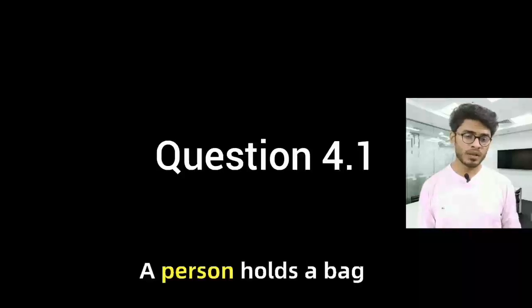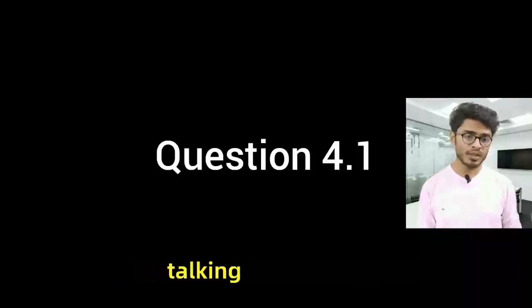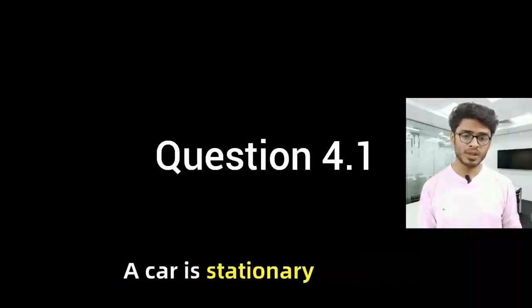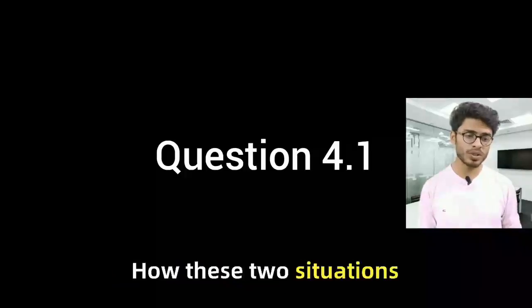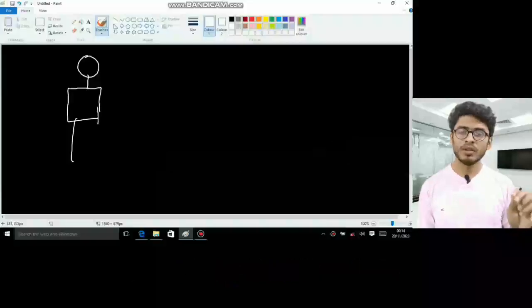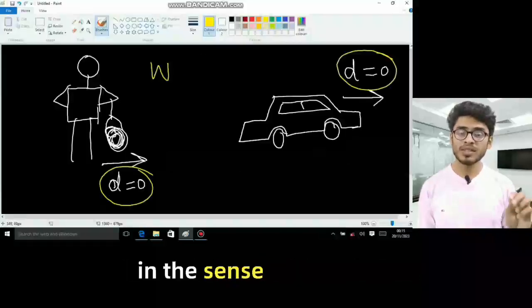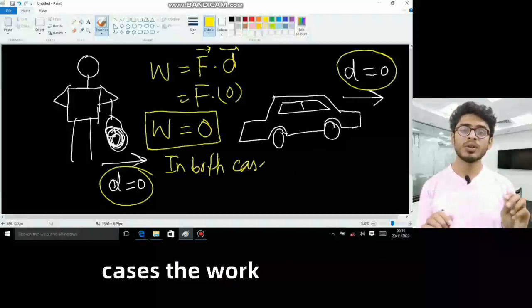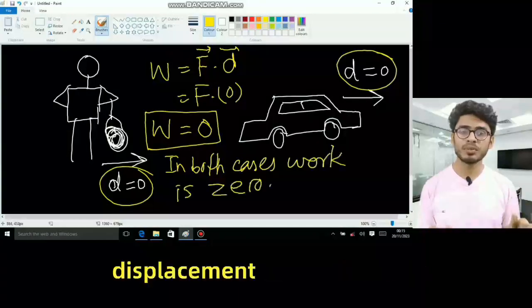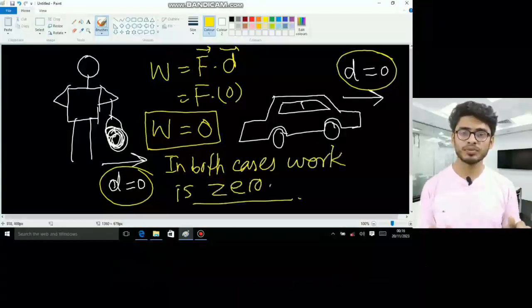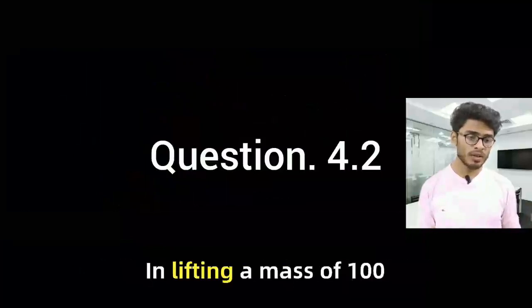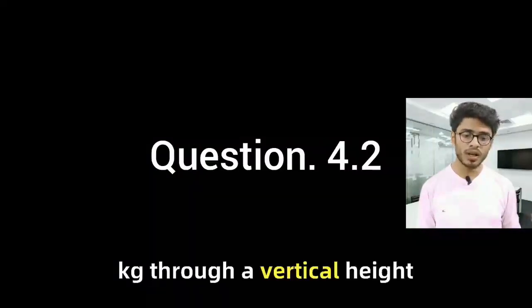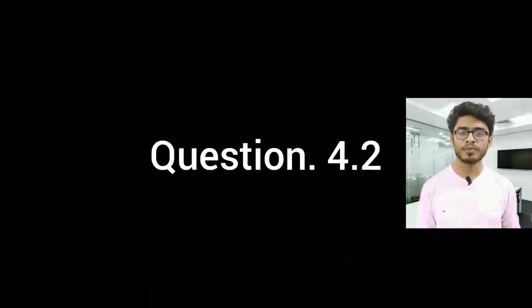A person holds a bag of groceries while standing still talking to a friend. A car is stationary with the engine running. From the standpoint of work, however, these two situations are similar. The two situations are similar in the sense that in both cases the work is zero because displacement equals zero. Calculate the work done in kilojoules in lifting a mass of 100 kg through a vertical height of 10 meter. The work done can be calculated as